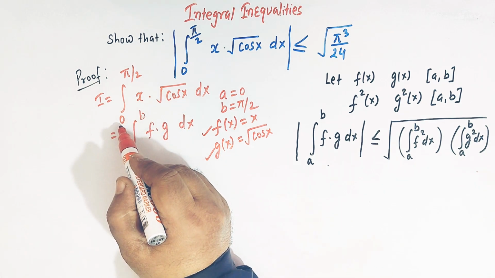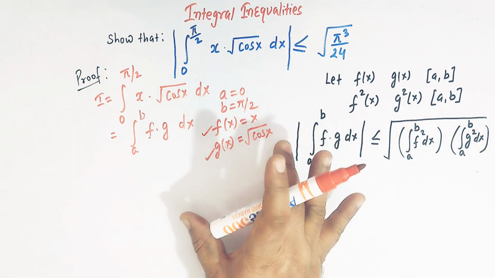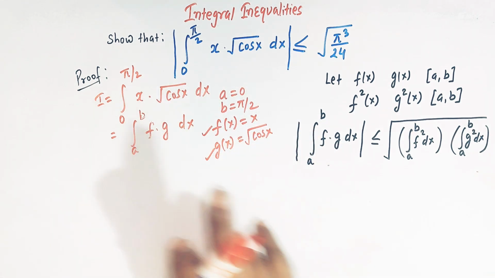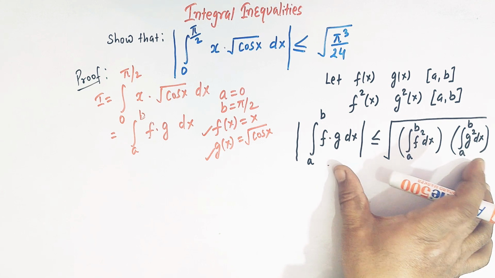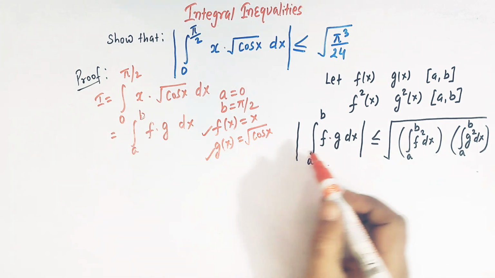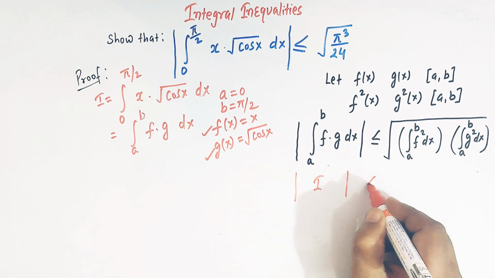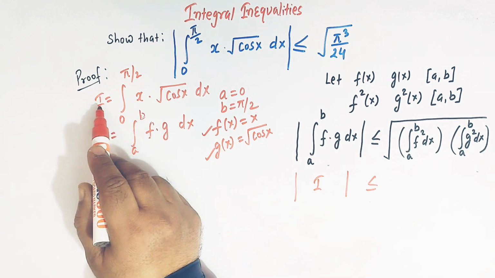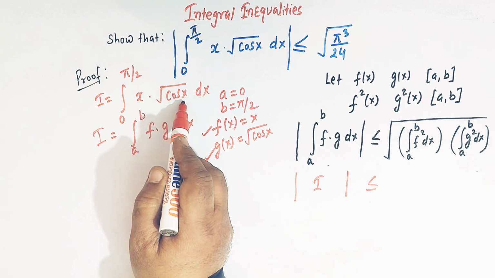So let us substitute these values in the inequality. We have the mod of I, which is our integral 0 to pi by 2 x times square root of cosine x,